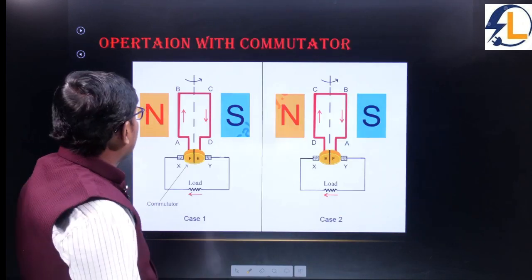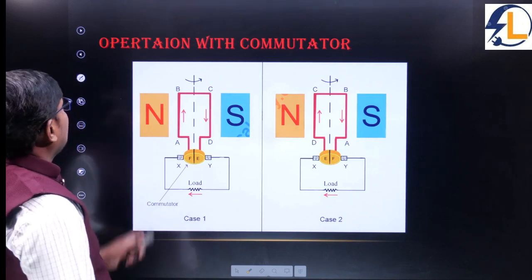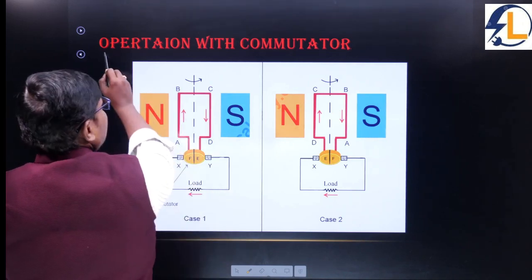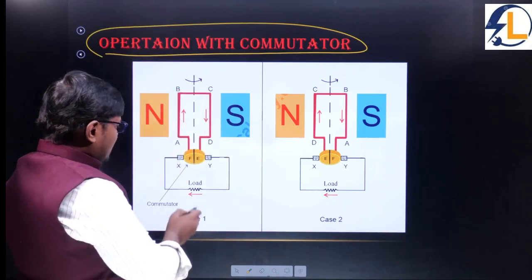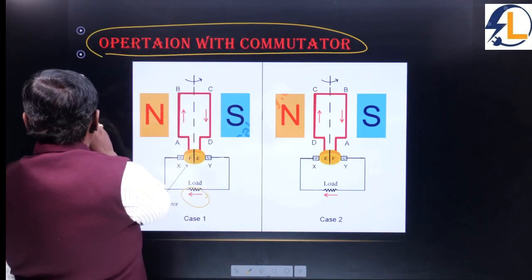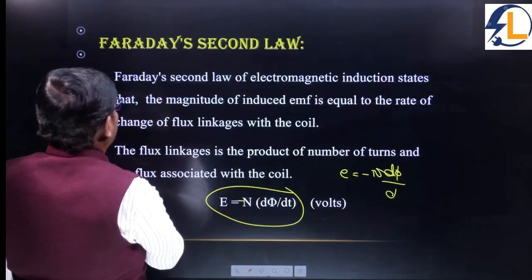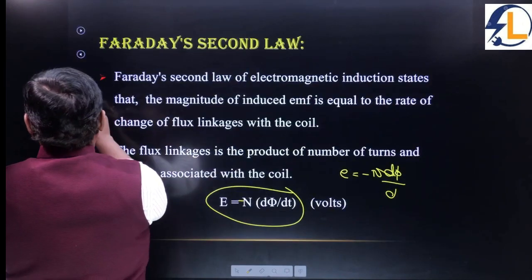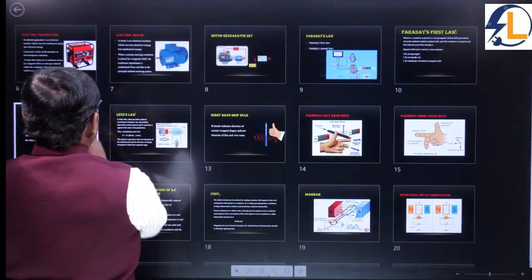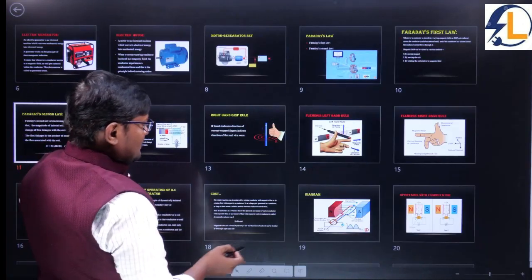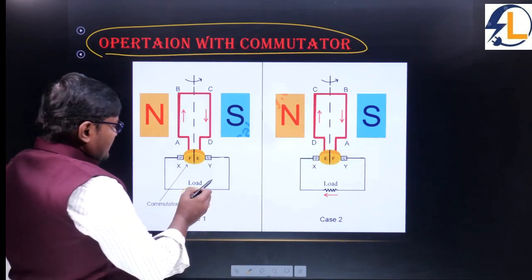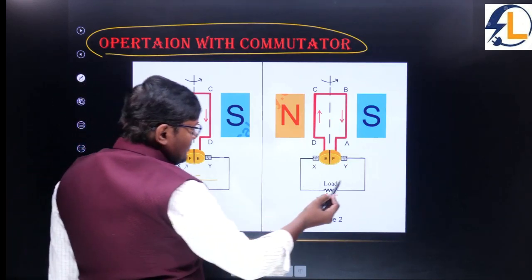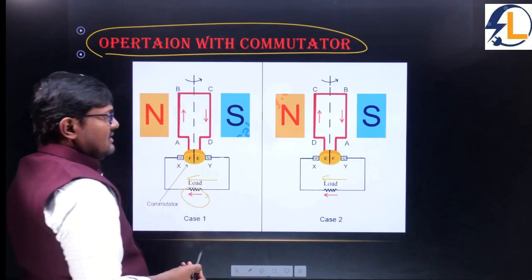So this is the operation with a commutator. How does it work? The current which is flowing through the load is constant here, and it is flowing through the load unidirectionally only, as we already